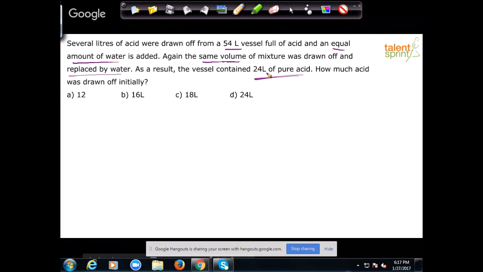You must be aware that this question is from a topic called alligations and mixtures, and a very popular type. You'll find such questions in many aptitude-based tests. So I'll give you about a minute to try this out. It wouldn't take more than 20-25 seconds in the exam, but since you're interacting digitally, I'll give you a little more time. 1 minute is what you have, and your time starts now.